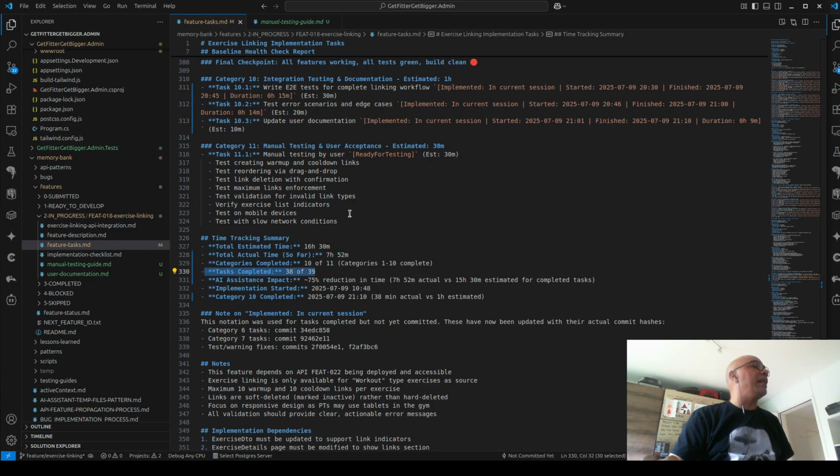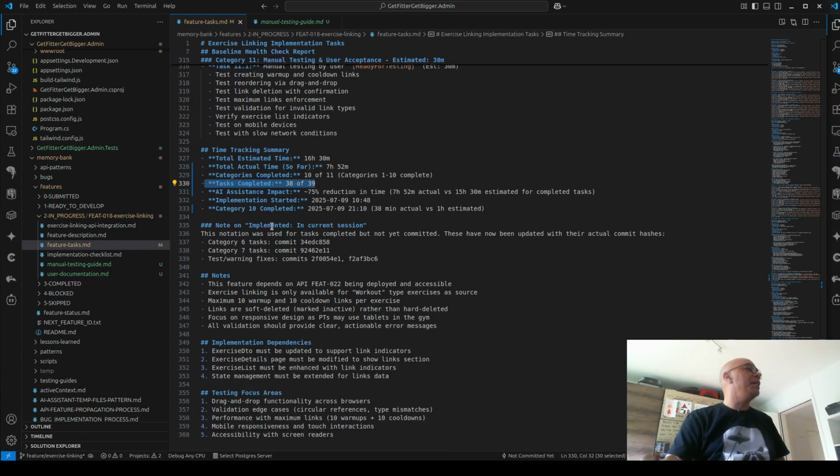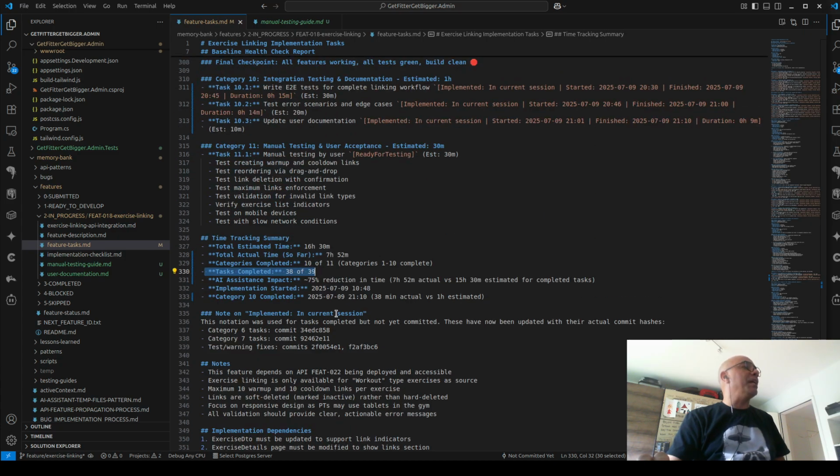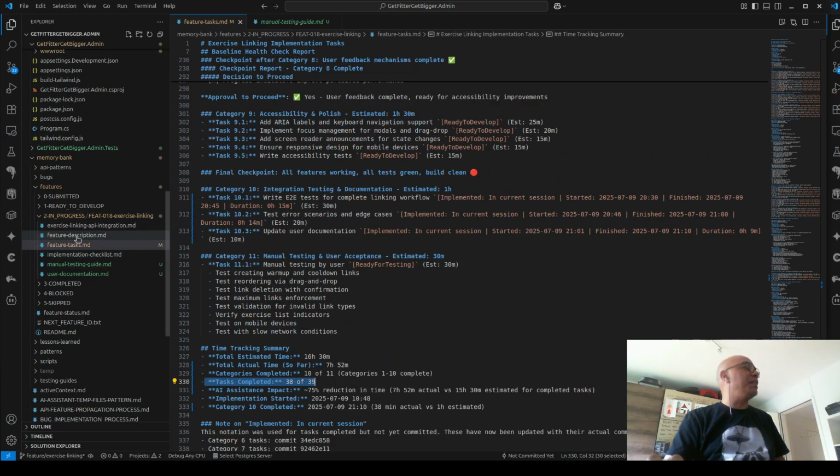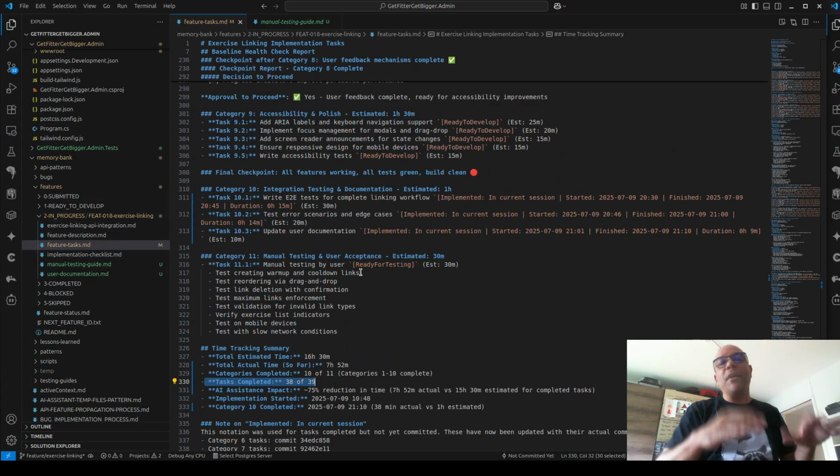Tasks complete, but this task is still not complete because this is the manual test, and everything that he did for the implementation of this task is still in progress. Now I'm just going to tell him, now let's move everything to complete. Let's finish this task as done. And this is a full task, a full feature,